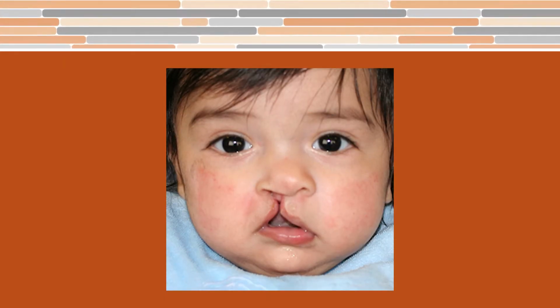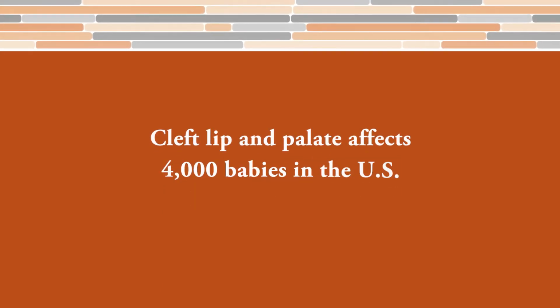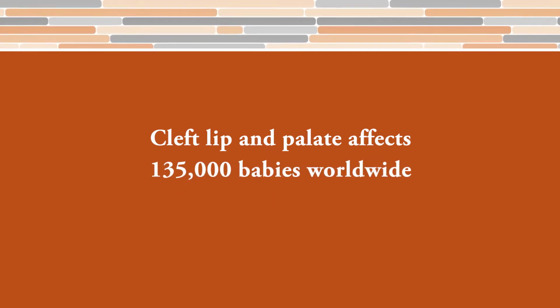It's one of the most common birth defects, and it affects 400 babies in Texas per year, 4,000 in the US, and 135,000 worldwide. This is a significant birth defect because it affects the face. And then the biggest problem is that the kids can have recurrent ear infections and also can have problems with speech because their palate, the inside, the roof of their mouth, is abnormally formed. And then to articulate correctly, you have to have an intact palate. So putting that all together, that's pretty significant financial consequences for the families.